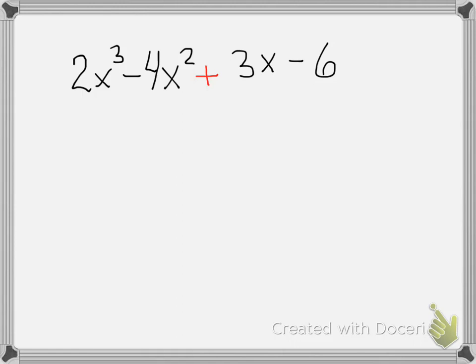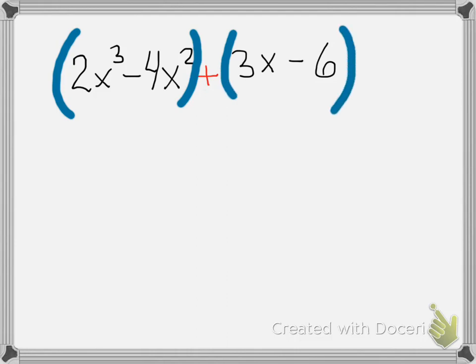So imagine grouping the first 2 together and then the second 2 together. If I did that, then I could look in here and say, well, I can pull out something. I can factor something out. Okay. So what's common between 2x cubed and 4x squared is 2x. And then I can write what's left, which would be x squared minus 2,